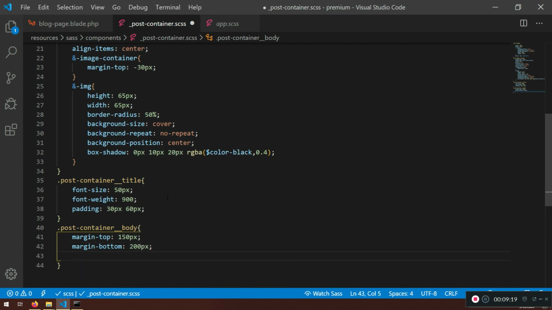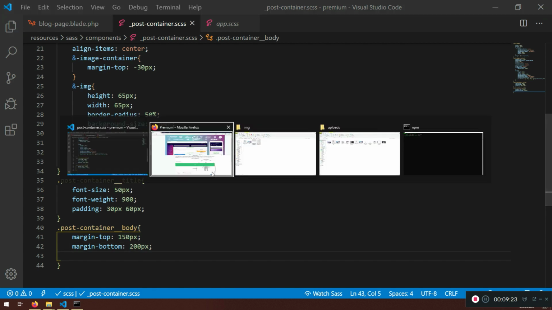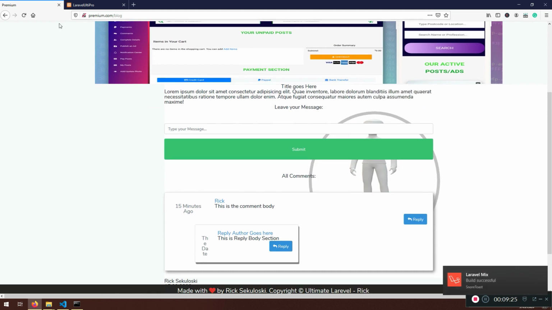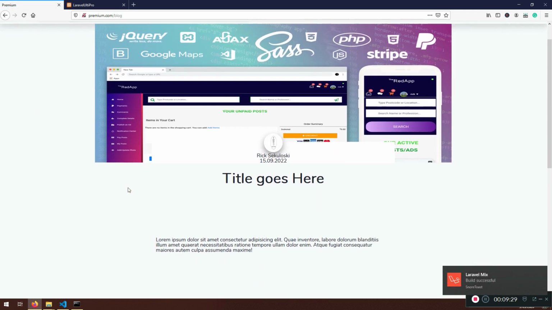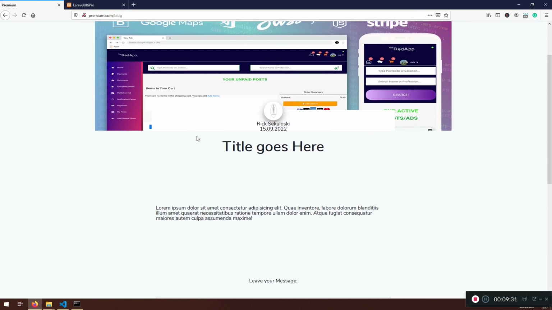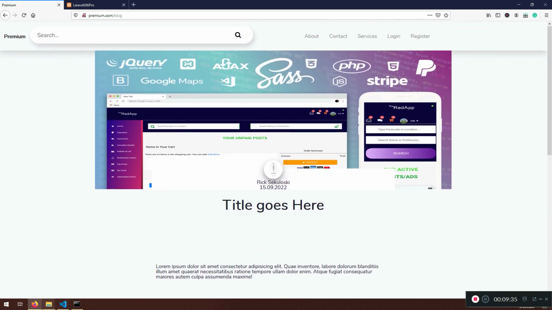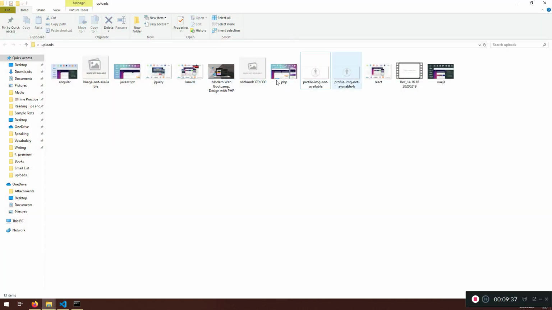And I think I'm done. I think we need to save this and see what's happening. No, that's nice. Here it is. Everything looks better, but you can't see actually this because the image is too wide. Now, that's what I can do. I can just put this one